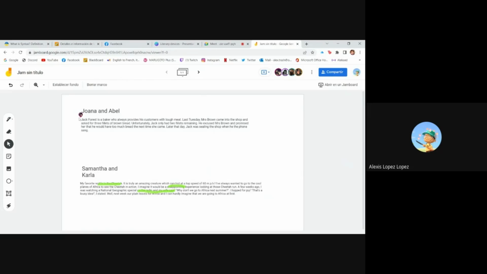I'm gonna give you the instructions for the activity. So here you have your fragments of text with some syntax errors. You're gonna